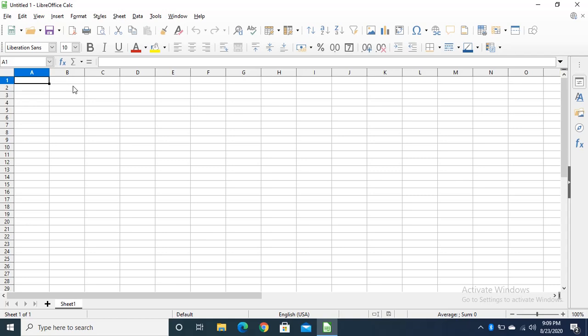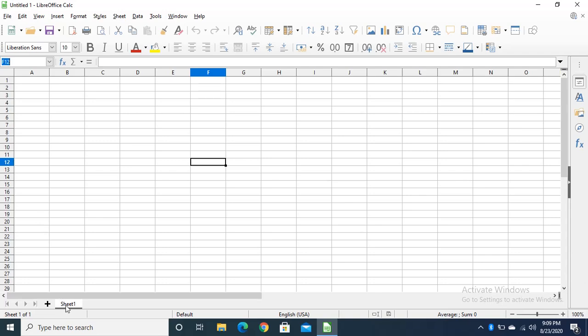So if we talk about the LibreOffice window, we have this one, the name box, in which the name of the current cell is available. Like now A1 is selected, it will show A1. If we have selected F12, it will show F12. Then these are row headers.